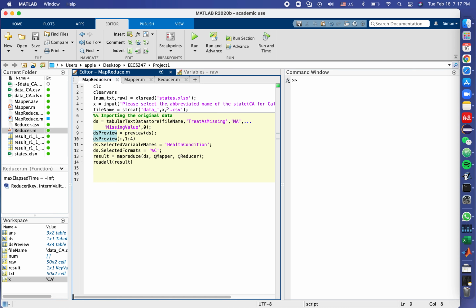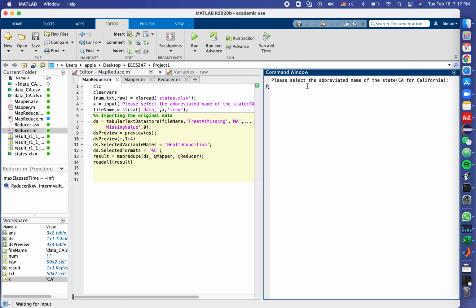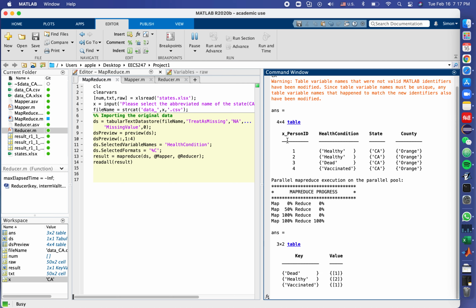So let me just run the entire code for you to see how it actually runs. The first thing is that we ask the user to select the abbreviated name of the state. So for example, we should input CA, the capital letters standing for California. So far we only support the data for California, so we just input the capital letters CA over here and hit the return button, and then it will pass the actual name of